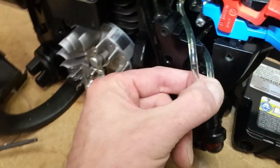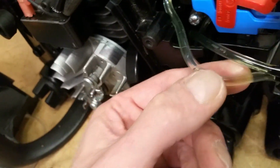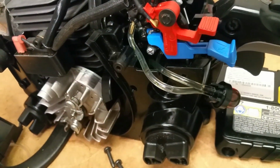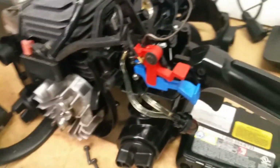All right. See if I can get it better in there. I didn't even have to take the carburetor off to do this. So you have the return line that goes into the top of the tank. See if we can get light on it. And then you have the feed line, the draw line that goes to the other side of the bulb. And then from